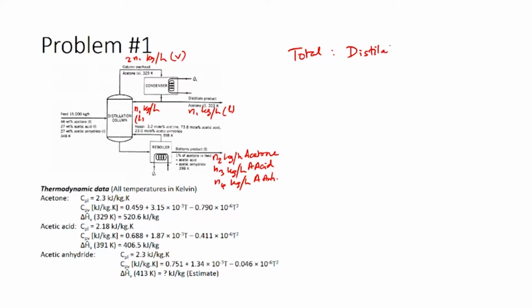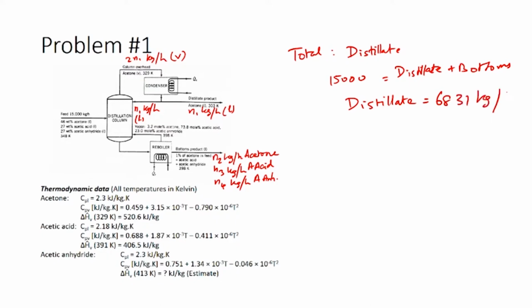Distillate product can be calculated here. So, the total mass balance would be 15,000 equals distillate plus bottoms. We already know the bottoms is 8169, so we can calculate distillate as 6831 kilograms per hour. So, with this we have the mass flow rates of the distillate and the bottoms product,